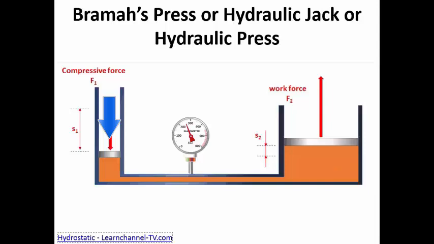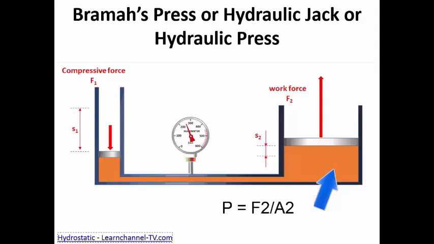Now what is Pascal's law? So you are applying force F1, a small force on a small area. So force divided by area is going to give us the pressure P. So F1 divided by A1 will be equal to the pressure P in this particular cylinder. But since it is a closed system, whatever pressure is developed here, the same amount of pressure is going to be developed in the other cylinder also, and also in this particular pipe which is connecting the two cylinders. So whatever pressure you are generating here, the same pressure is going to be generated over here. So now again in this case you are having the force F2 here, A2 is the area and P is the pressure.